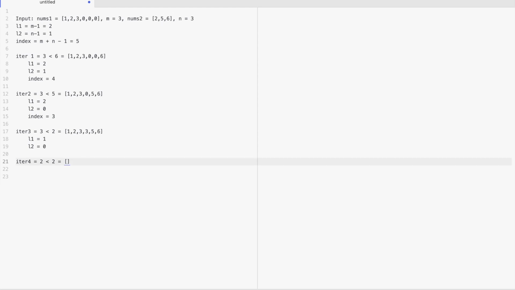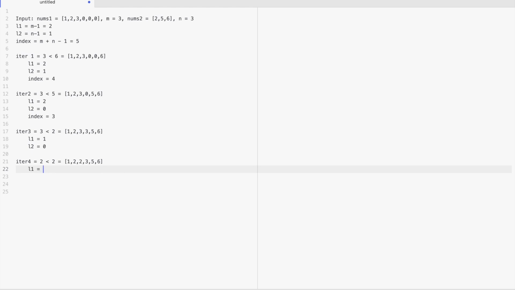So in the iteration 4, my final array is going to look like this. Okay, and now since we moved this 2 to the 3rd position, I'm going to decrease my L1 pointer